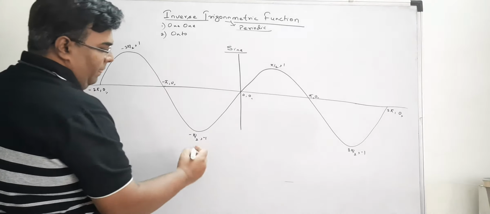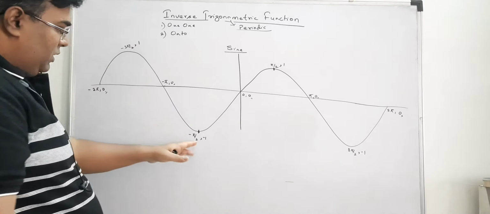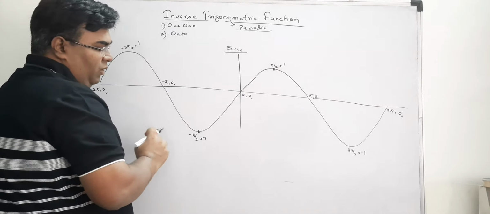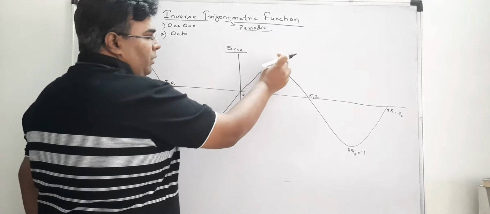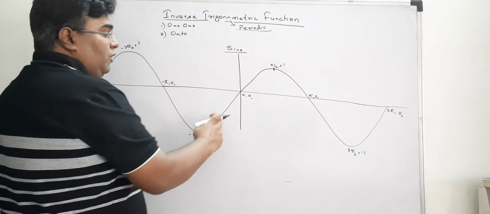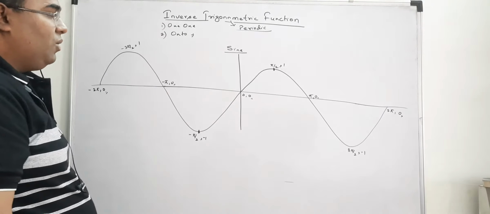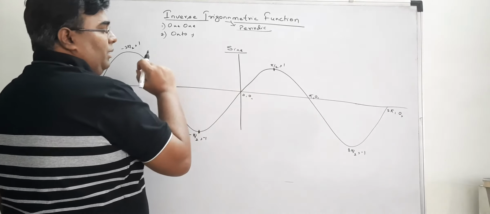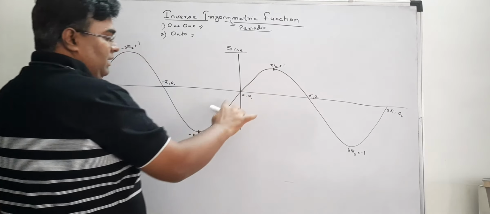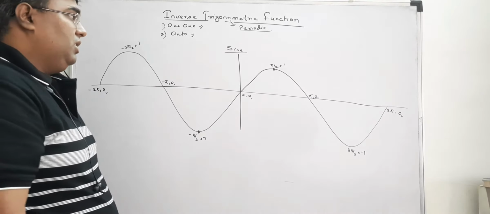We will take the values from this point to this point. Now from this point to this point, no values are getting repeated. It is taking values from -1 to what? +1, right? No values are getting repeated, plus all the values of sine are coming here, right? So all the values of sine are coming here means what? It is an onto function. No values are getting replicated, so it is 1-1 also. So in this area we can make the sine trigonometric function an inverse function, right?